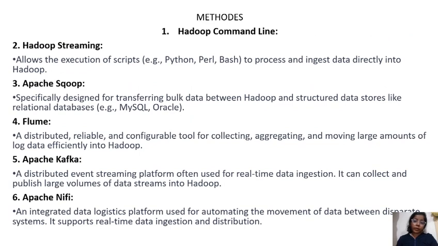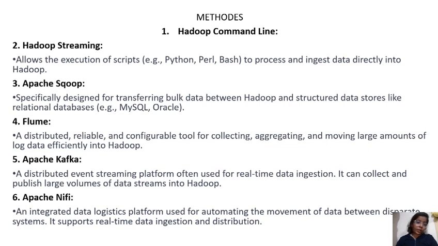So when we come to the methods of Hadoop data integration, the first is the Hadoop command line, the second is Hadoop streaming, the third is Apache Sqoop, the fourth is Flume, the fifth is Apache Kafka, and the sixth is Apache NiFi. Hadoop streaming is the execution of scripts, for example Python, Perl, and Bash, to process and ingest